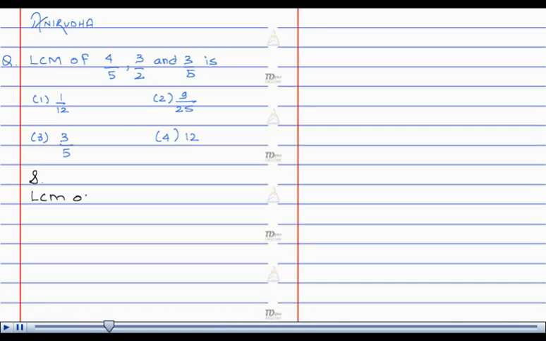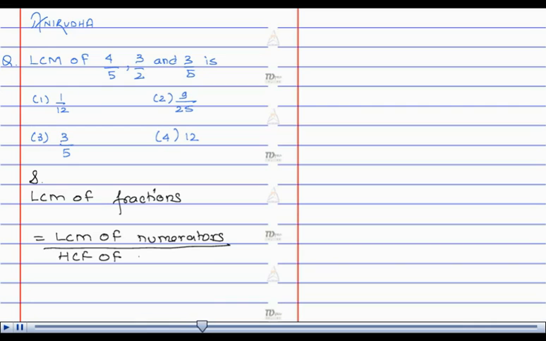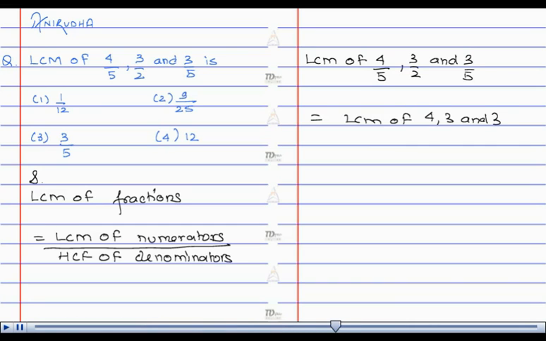We know that LCM of fractions is equal to LCM of numerators divided by HCF of denominators, and therefore LCM of 4/5, 3/2 and 3/5 is equal to LCM of 4, 3 and 3